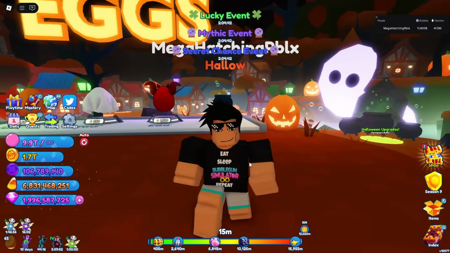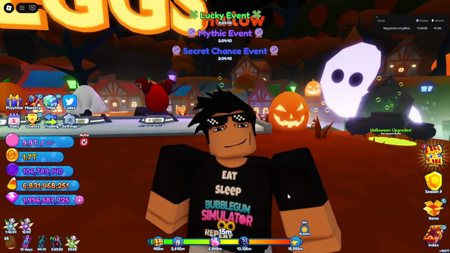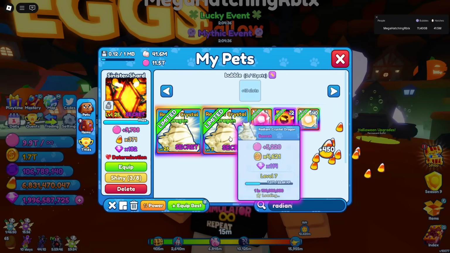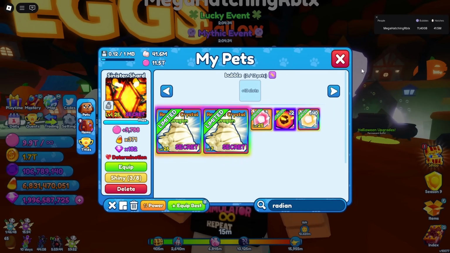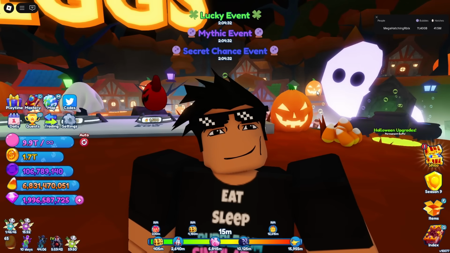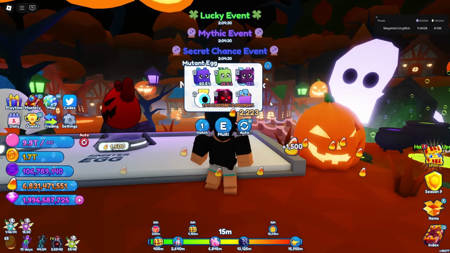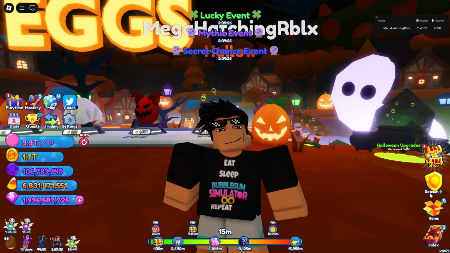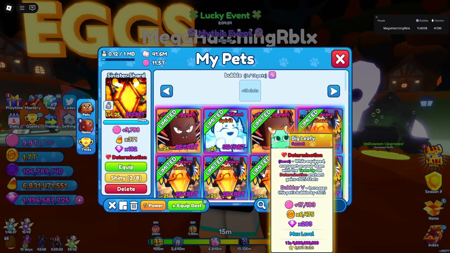We have the 1 in 100 billion radiance. What I want to do, I just want to check that because I'm pretty sure I did not get myself a radiance. Yeah, all I have is a couple of these radiant crystal dragons, which were from like update 5 I think, or update 7. So unfortunately no radiance for us, but we have another secret pet called the 1 in 5 billion angelic spirit,